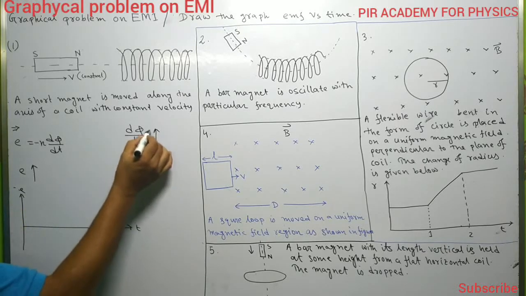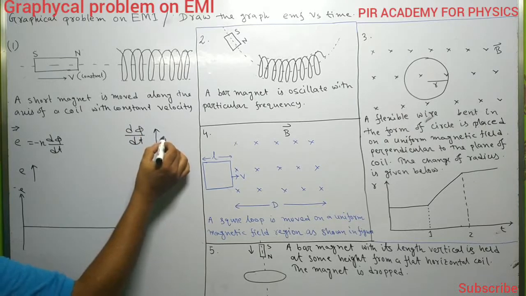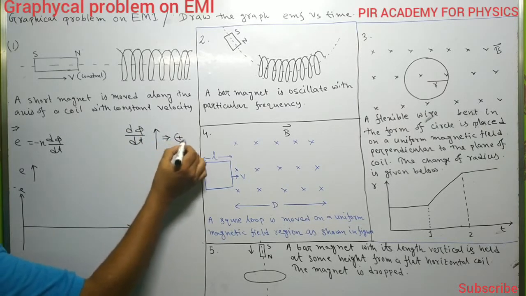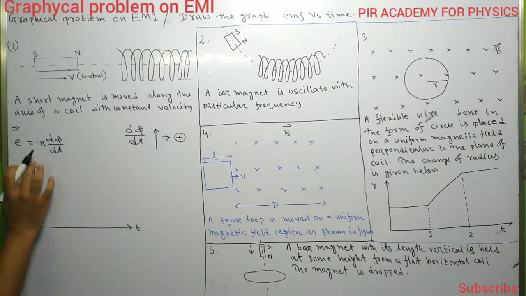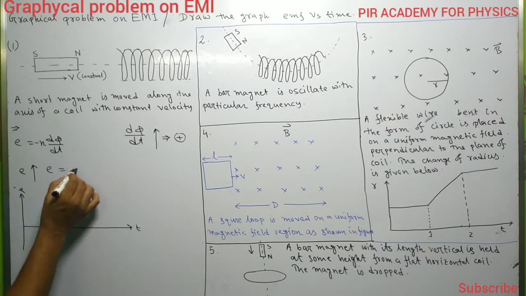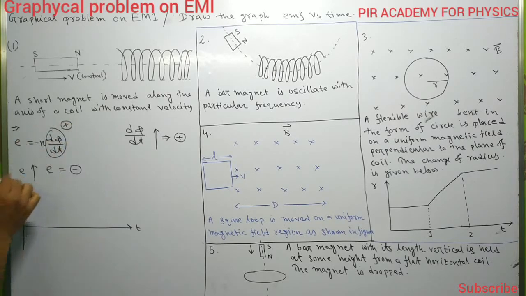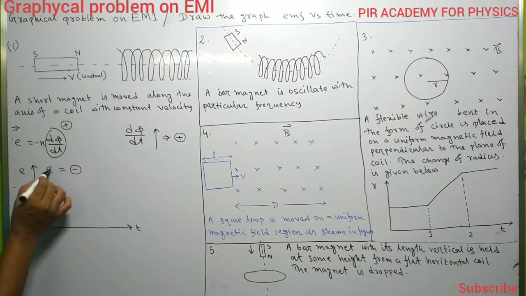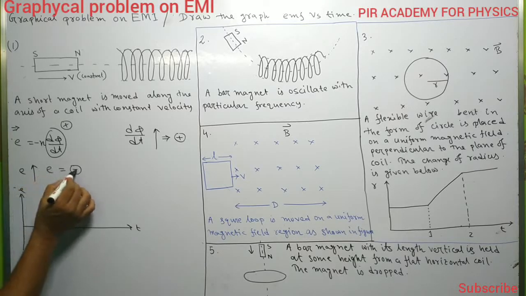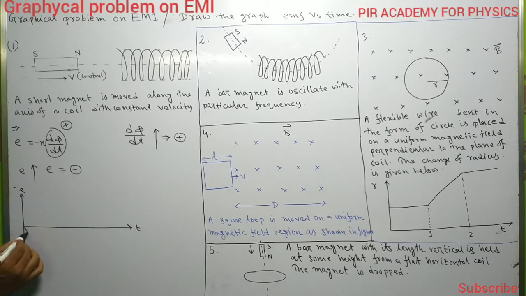If the change of magnetic flux increases, that means this value is positive, then the electromotive force must be negative because of the negative sign, and the electromotive force will increase non-linearly in